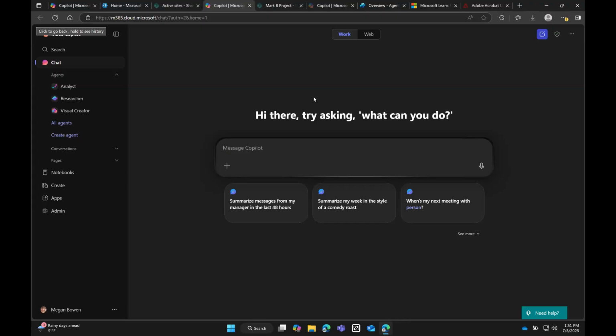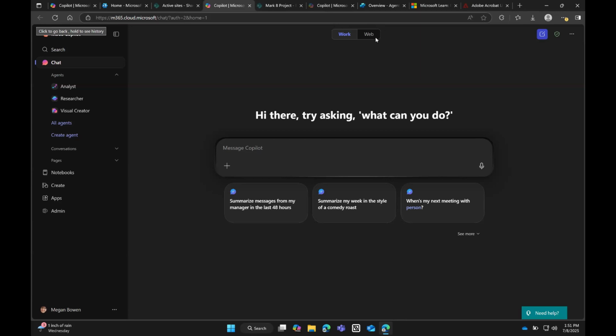When you're using an agent, is it automatically toggled to work versus search web? That is when, and actually I can share my screen here real quick, you're looking at Copilot. If you have the Copilot for Microsoft 365 license, you're going to see that there is work and web. Work is when you want to search through your emails, your Teams messages, your files.